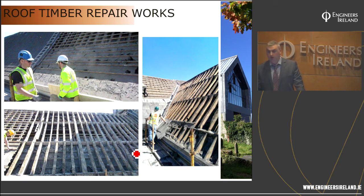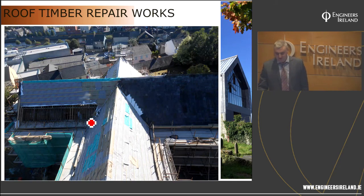So this was the condition, the raw condition on the first day removed. I think that's Francis Cody, our clerk of works. They're actually getting his hands dirty, helping Duggins. What followed then was the Duggins covered the whole area with a temporary membrane, and then this started a weekly